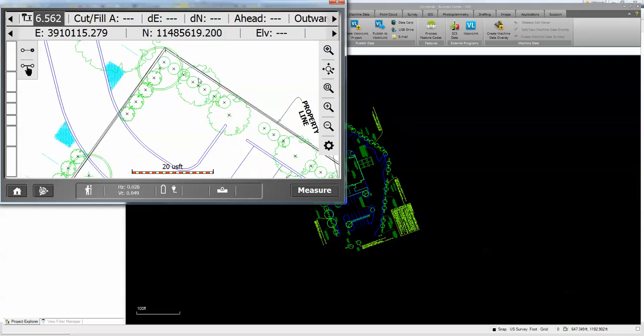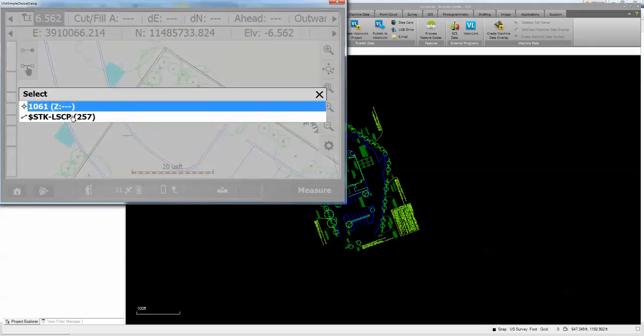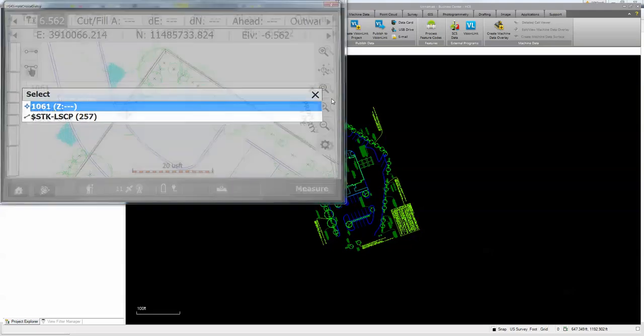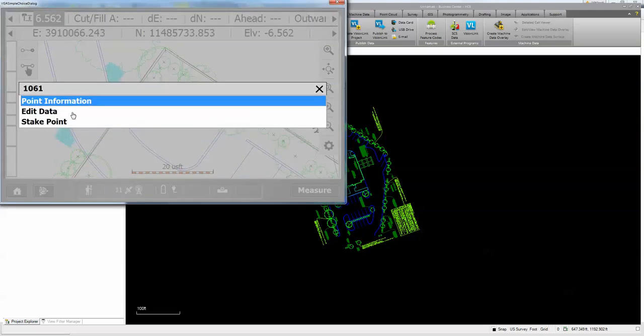So I'm just going to come in and let's say we start with this guy here. So I pick that point. If I press and hold on it, it's going to ask me, okay, what do I want to stake, the line or the point? I'll pick that point and we'll say stake point,